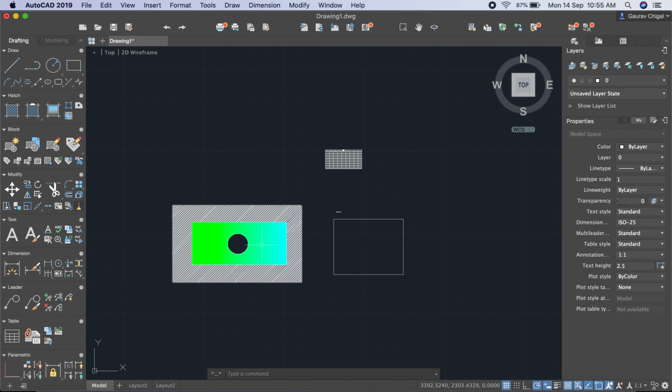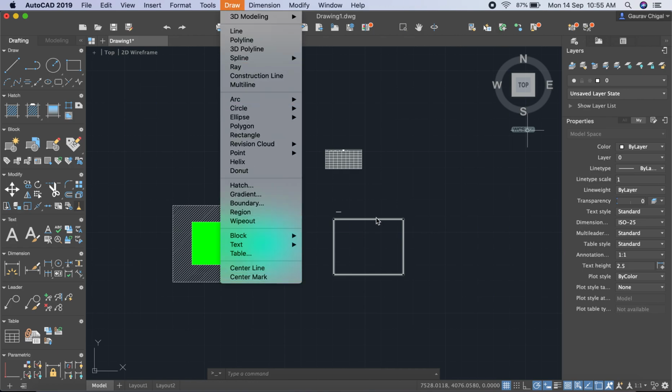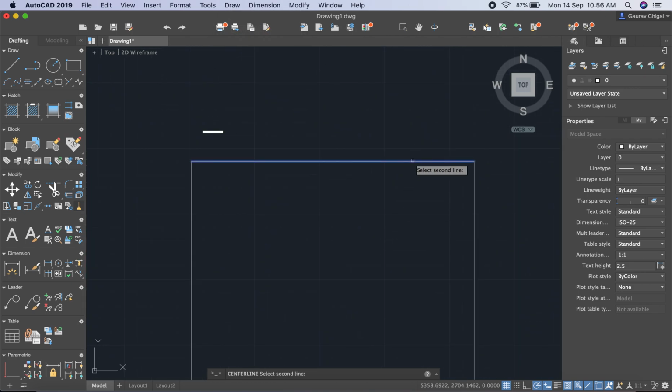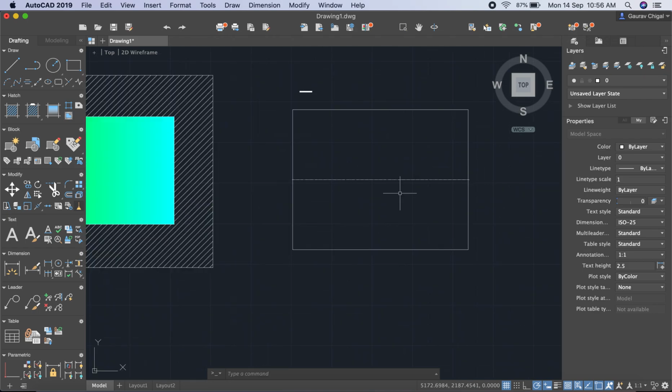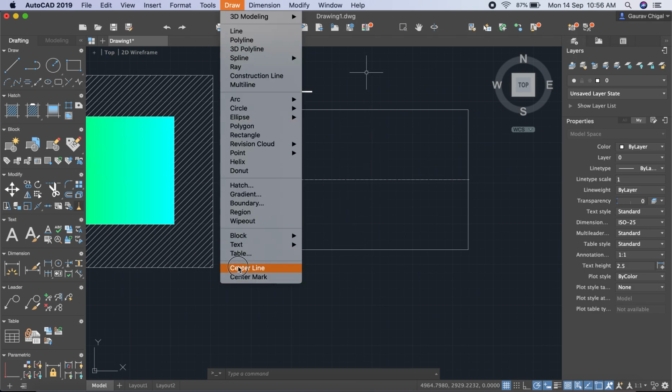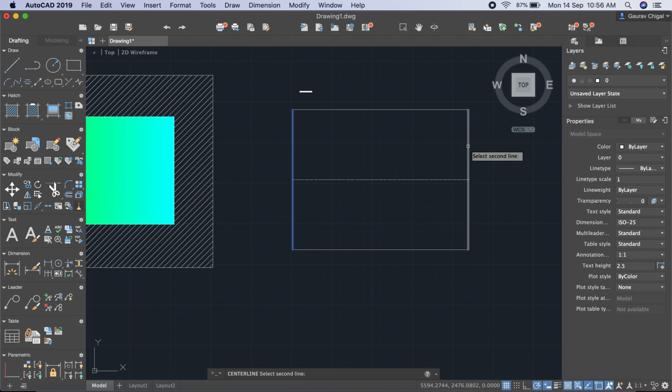You can write text, hatch and gradient. Now you can use region to select or combine the elements. Then we go to the center line and center mark. Okay, center line: let us say I just select this entity and this entity. You can see a line is drawn between these two entities. Similarly, again you want to make a center line in the vertical direction, select this entity, a line is made between them. So it is very useful when you want to use a center line or define the center of a rectangle or any other option. So you can use this parameter.